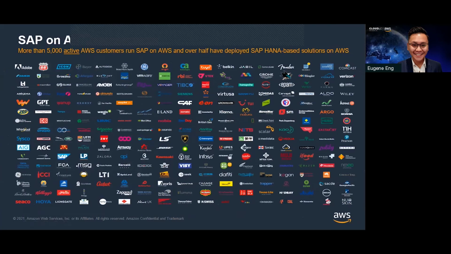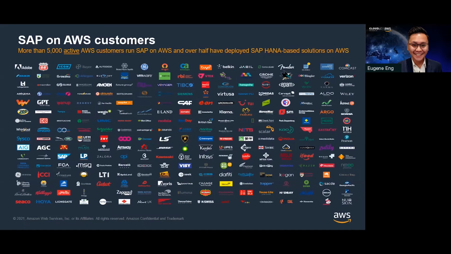So instead of always telling them that we are being recognized by third parties, we are actually one of the cloud providers that have more than 5,000 active customers running SAP on AWS, and over half of these are actually SAP HANA based solutions. So 5,000 of the customers have moved and are getting more from their SAP investments than ever. And as you can see, AWS has the most experience, most customers, the broadest portfolio of SAP certified offerings, and we have the most complete portfolio of HANA offerings, and we have experienced partners such as Cloud4C in our ecosystem to